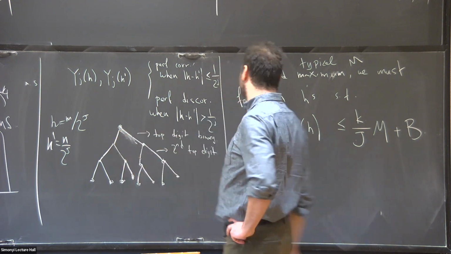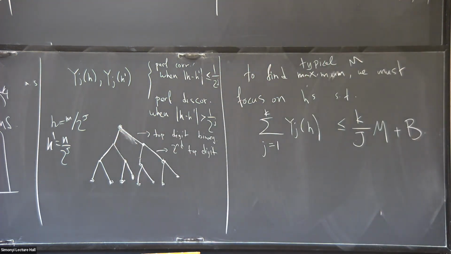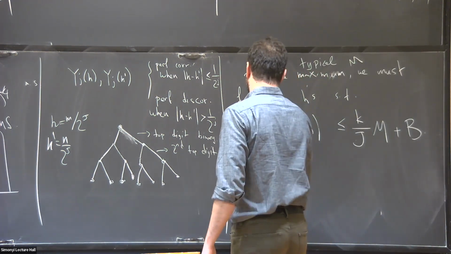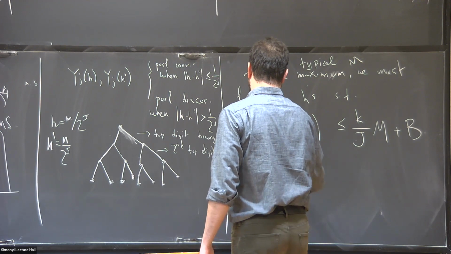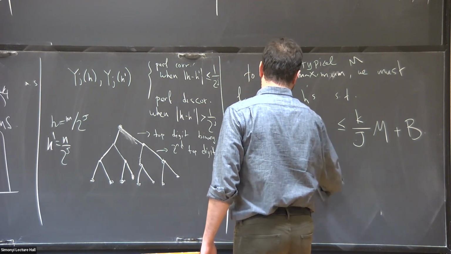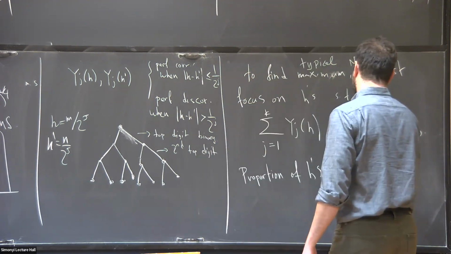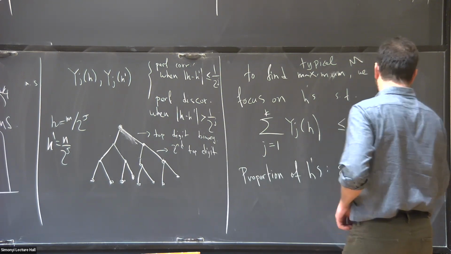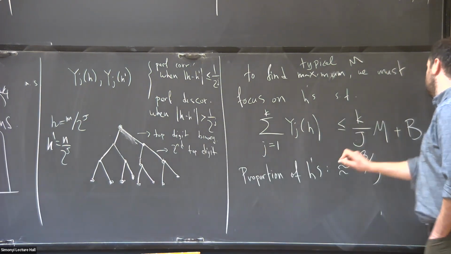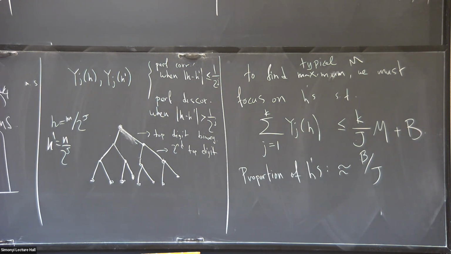So you have to focus on this linear constraint, and the proportion of H's that satisfy this is something like 1/J. Maybe depending on this B also, B/J. But this B is typically pretty small, so it's really like 1/J. So